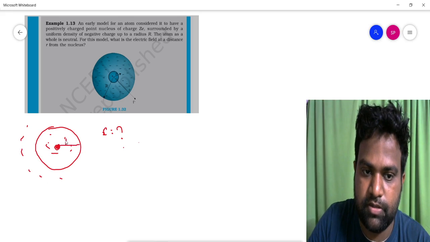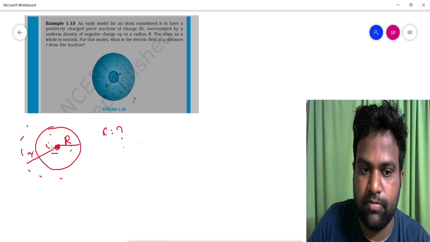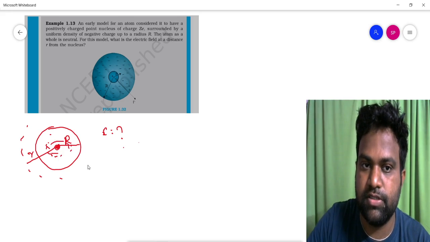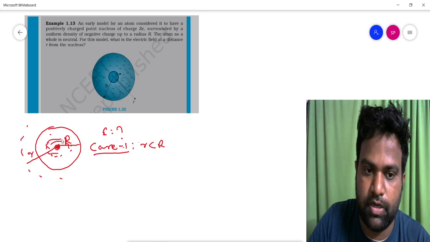Let's say the radius of this atom is capital R, and we have to calculate the electric field at a distance, let's say small r, outside the atom or inside the atom. So two cases we will discuss. The first case, case 1, that is r less than R. So for r less than R,